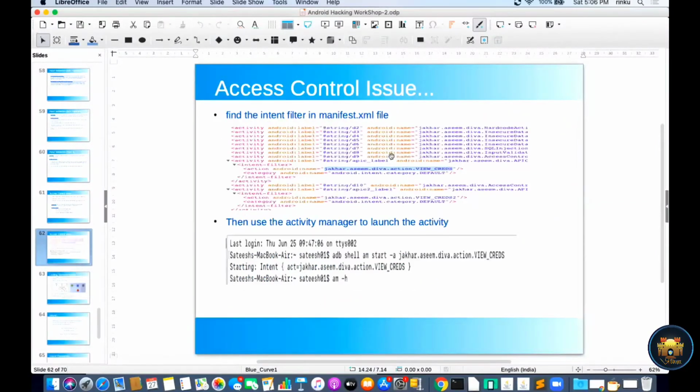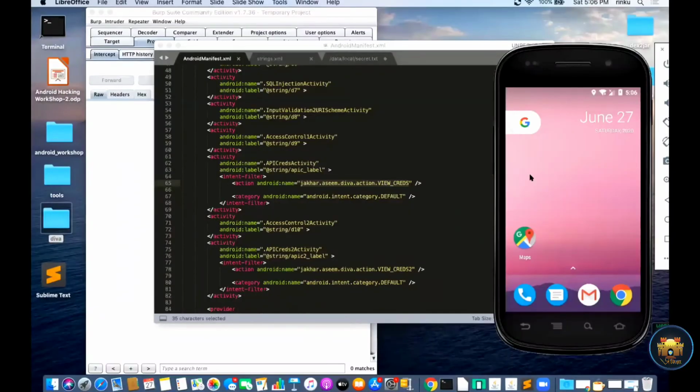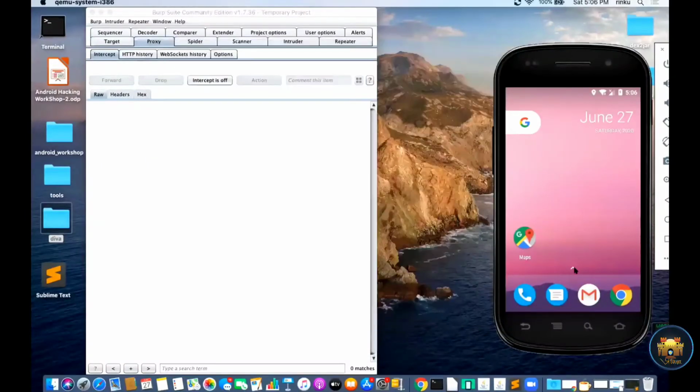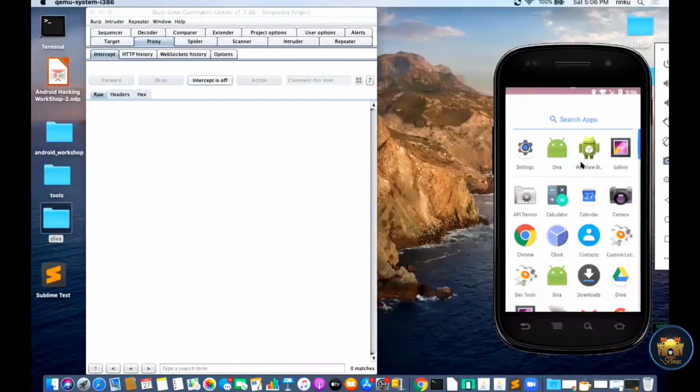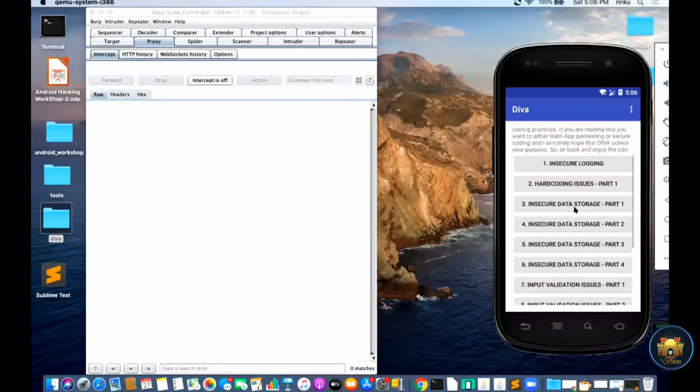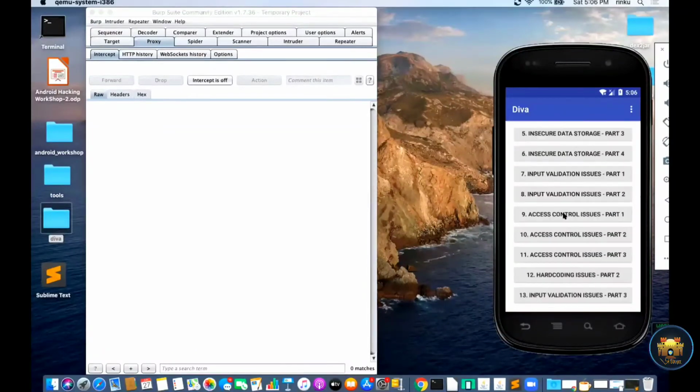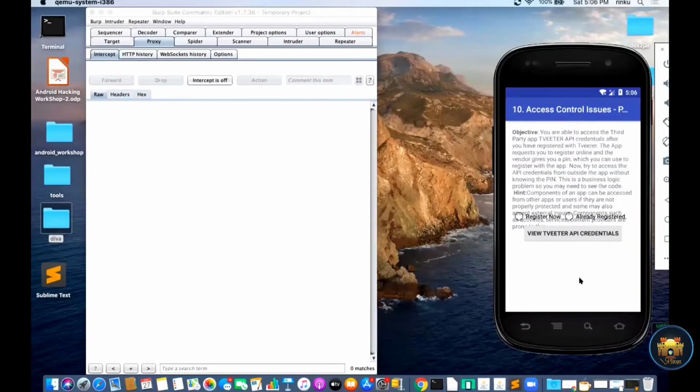Okay, we will see another type related to this vulnerability. So before that, we go to type 2 in Diva. This is access control issue 2. Okay, so the functionality here is a checkbox.